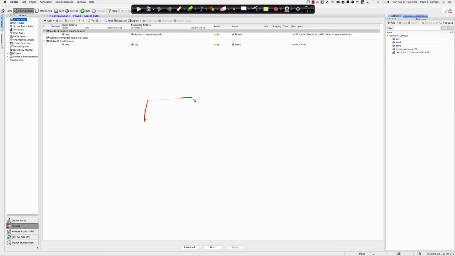So remember, I said we've got the ASA. We've got the inside interface. We've got the outside interface. Security level 100, security level 0. So when I say by default that traffic is allowed from a higher security level interface to a lower security level interface, and we refer to that as outbound traffic, right? This egress, outbound traffic from the higher level security interface to the lower level security interface is allowed because of this